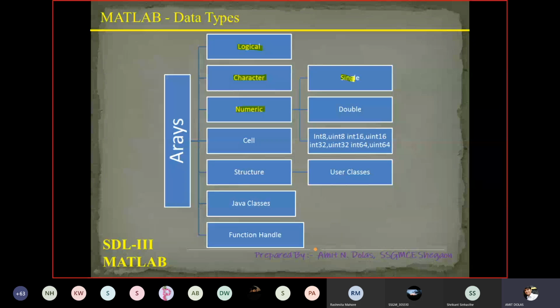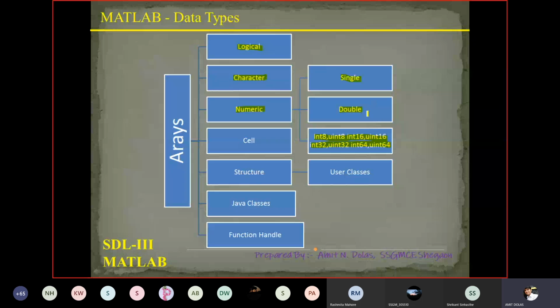So under numeric there is single, double. Then these are the types: integer 8, integer 16, integer 32 and integer 64. Unsigned integer 8, unsigned integer 16, unsigned integer 32 and unsigned integer 64. These are the subclasses, we can say, or data types.